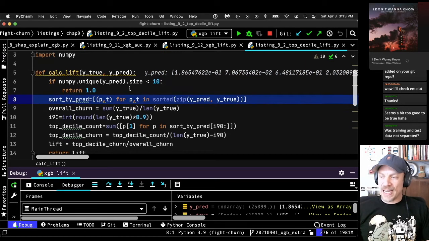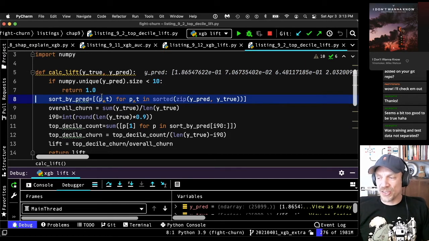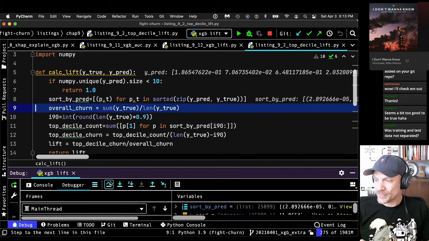So the first thing I do is sort the predictions with the outcomes. I take the predictions and outcomes and sort them by the prediction, which is done in this Python list comprehension one-liner. So now I have the sorted predictions.